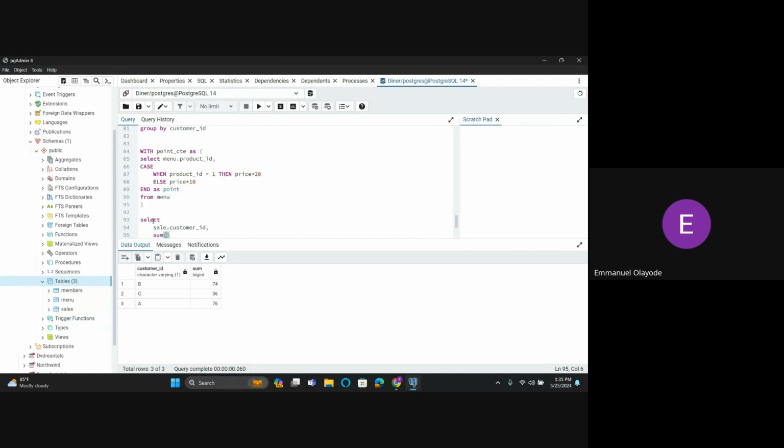That will be the points CTE dot points, as total points, from